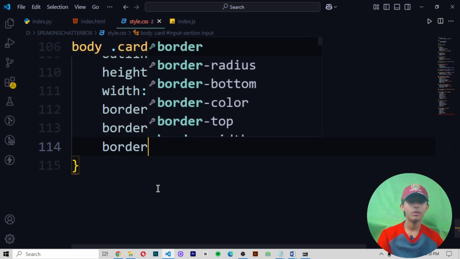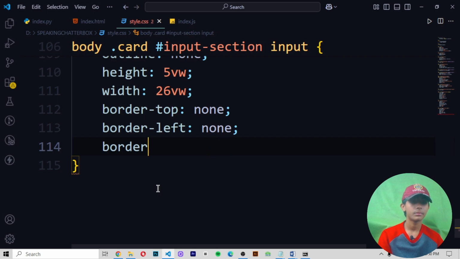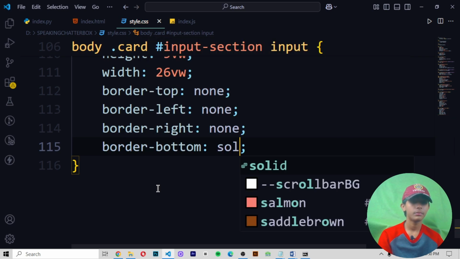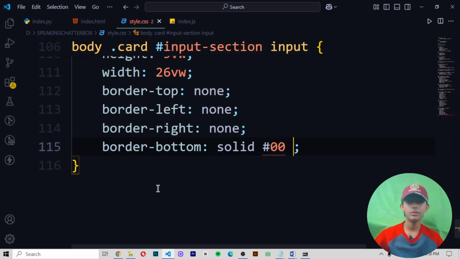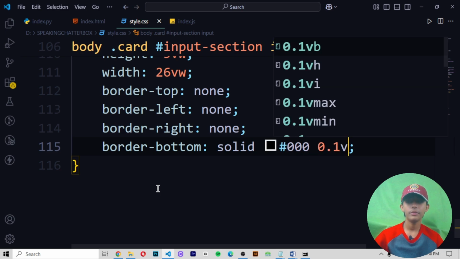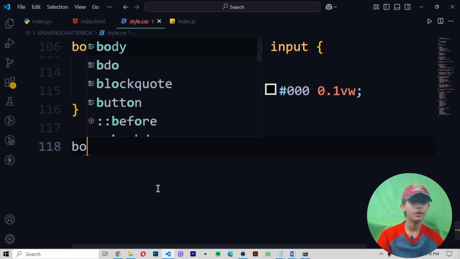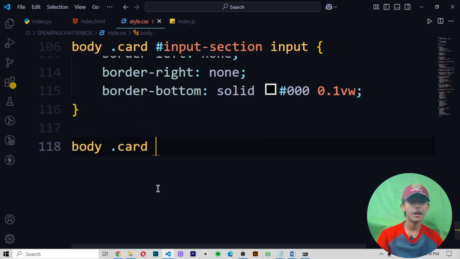Now border right should be none. Now border bottom should be solid hashtag 000, 0.1 VW.